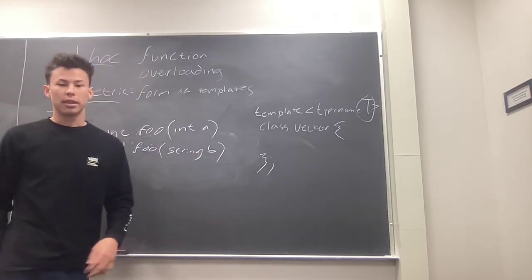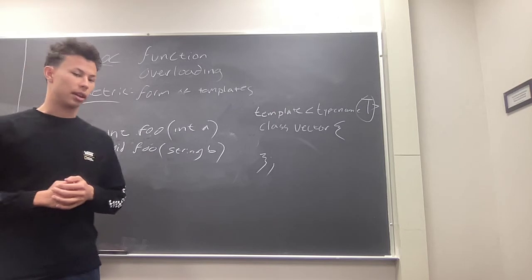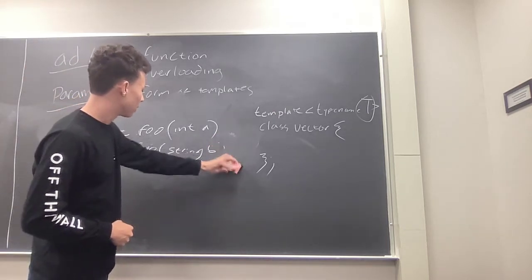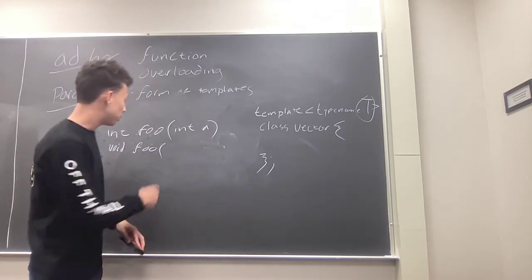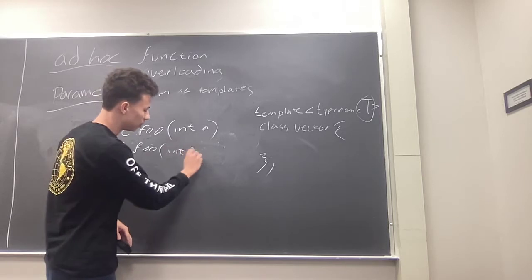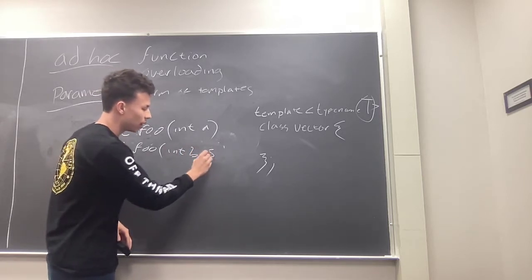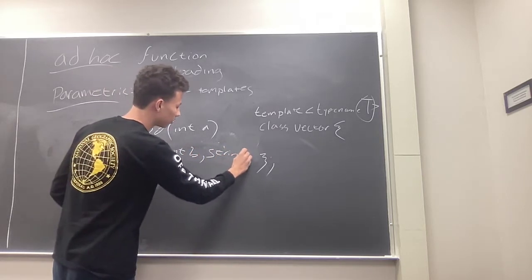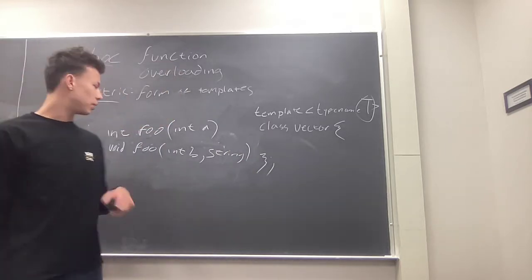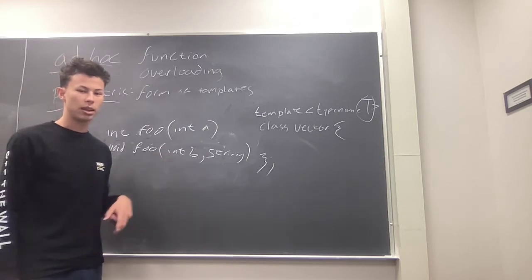You can also differentiate the number of parameters that your function takes. So to show you an example, let's say both these accept integers. Let's name b, and then this one accepts a string too. So your compiler will also be able to differentiate which functions to use based on the number of inputs and